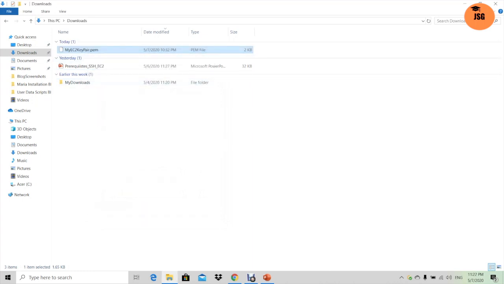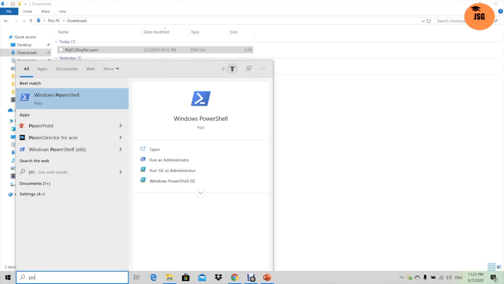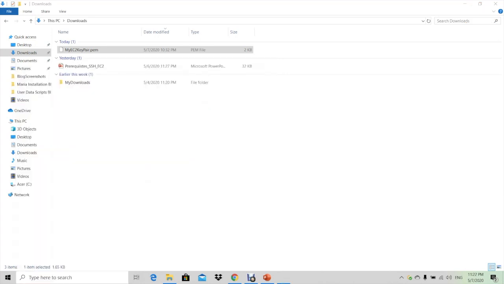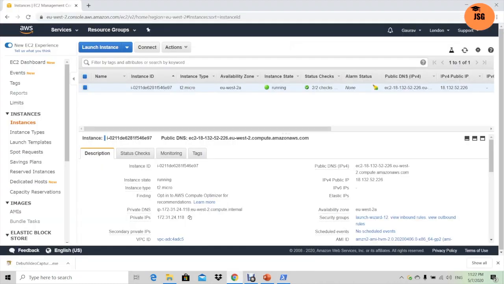So now the final step is to connect to the EC2 instance, and for that I need an SSH client. In case of Windows 10, I have PowerShell, so I'll open PowerShell, and I need to go to downloads because that is where I have my .pem file, and then the command you can find here.